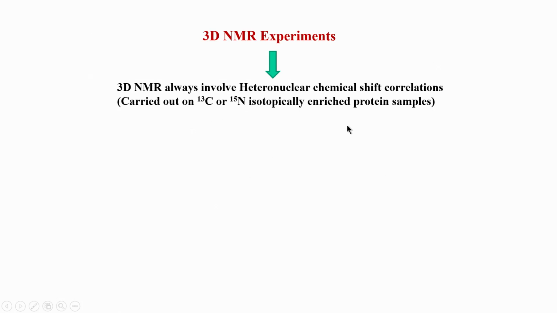We will look at it in detail later, but the bottom line is you need to isotopically label the protein and obtain the protein in this form, either C13 or N15. Once you do that, the 3D NMR experiments can be done in two different modes: I detect the proton directly, or detect the carbon directly. Carbon detection has less sensitivity, but if I have labeled my protein with C13, then it is not such a big deal, and nowadays there are special probes available which help improve carbon detection. But we will not look at that in this course.